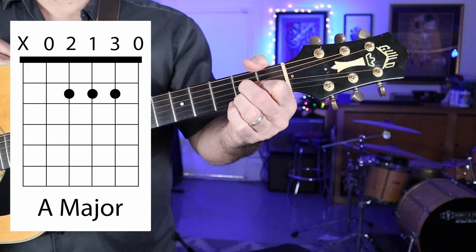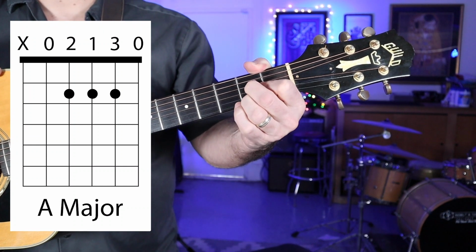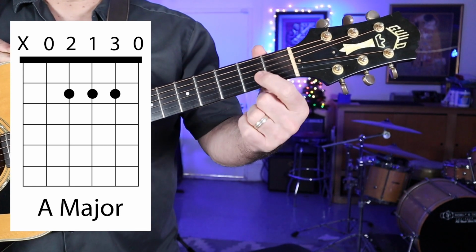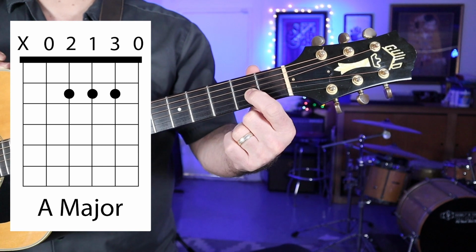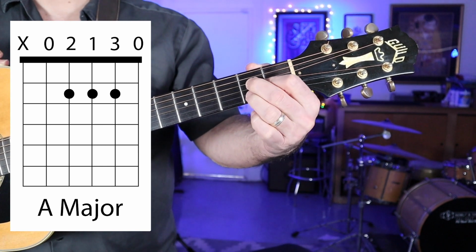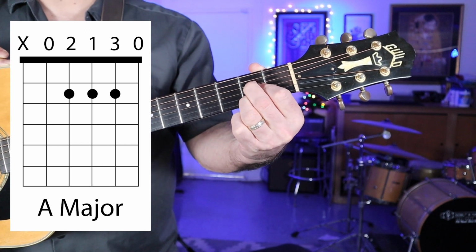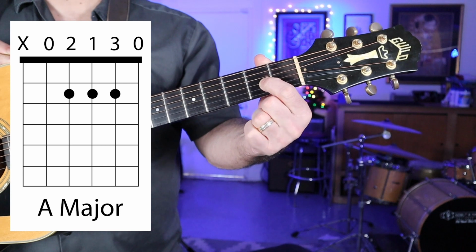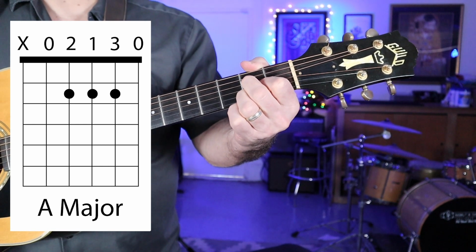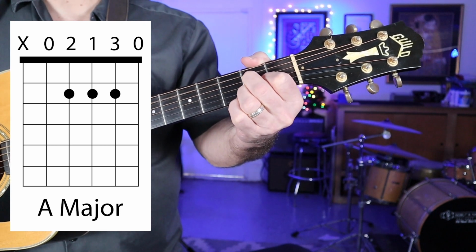I chose this one because the first thing we have to discuss is how the fingerings work, which is kind of important. Now, if you look at this diagram, the first finger is on the third string up from the bottom, and then the second finger is above it on the string on the same fret, and third finger is on the string below it. They're all on the second fret there. All right, so your first finger is on that second fret, and the other two fingers surround it. And then you have zeros over the fifth string and over the first string. So altogether,